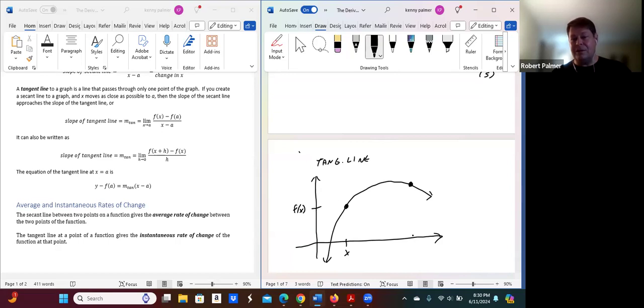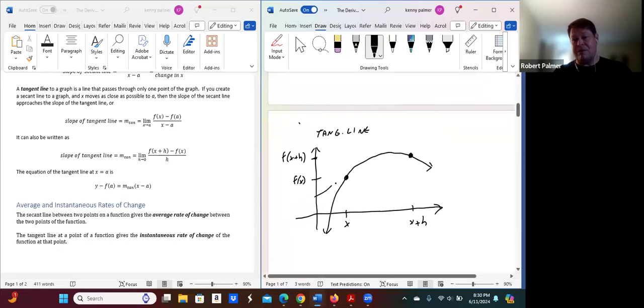Now, let's say this point here is my x plus h. I'm going to add some positive value h to it. And this y coordinate for it is f of x plus h. So we're doing the same thing. This distance here is the same as our change in x. This is my change in y. It just looks different. But the idea, as h goes to 0, right now I have a secant line, I can draw a straight line. And then as h goes to 0,